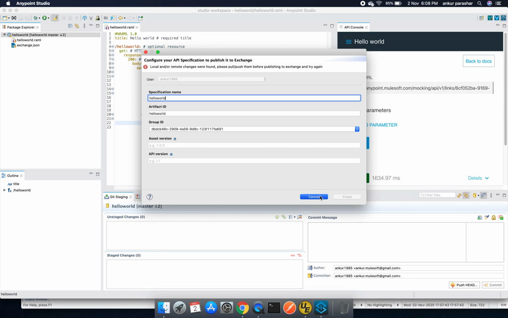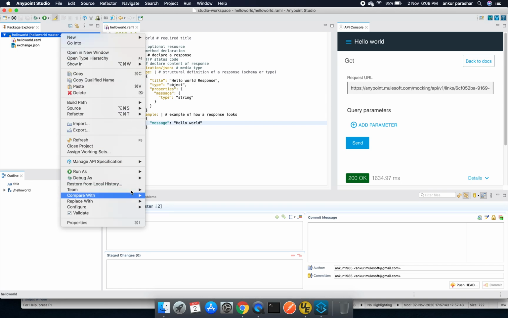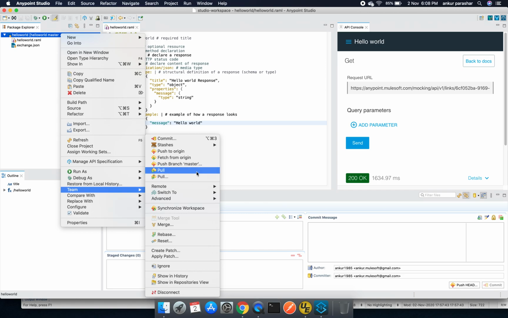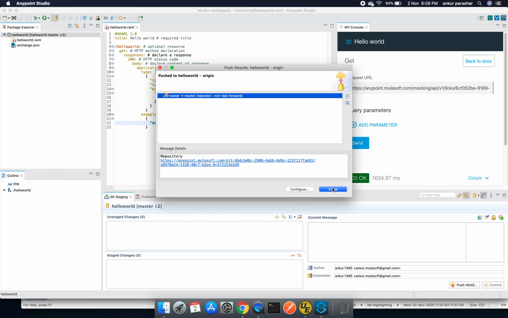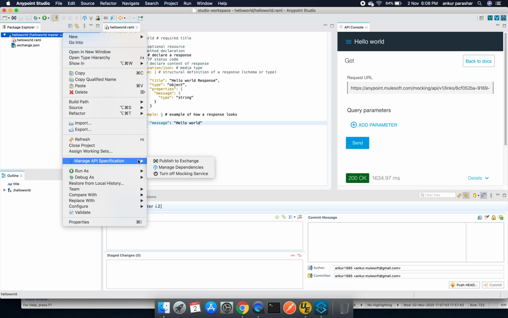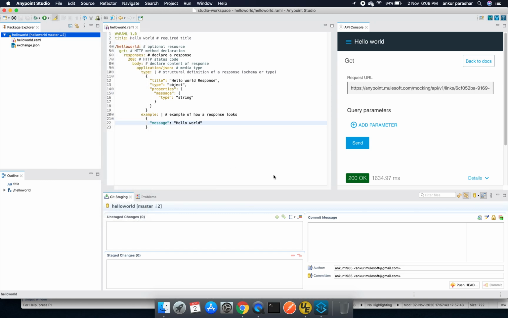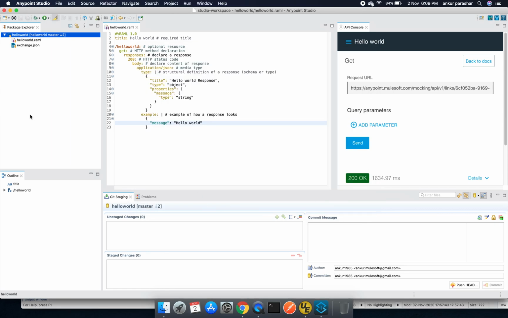I don't know where the changes are. Let me push to origin as well. We should be able to see it this time at least. Again giving me some errors, something is not good. I need to check this again.